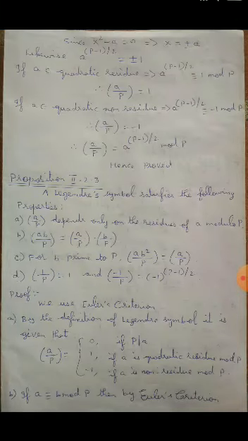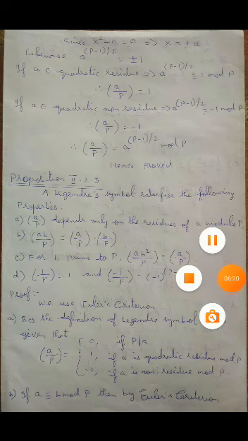Since x² - a = 0, we can write x = ±√a. That implies x is equal to plus or minus the square root of a. Likewise, a^((p-1)/2) is equal to plus or minus 1. When will we get 1? If a belongs to the quadratic residues, then we can write a^((p-1)/2) is congruent to 1 mod p.